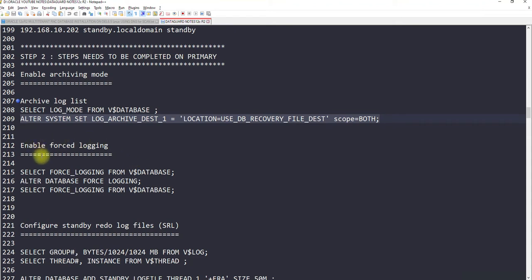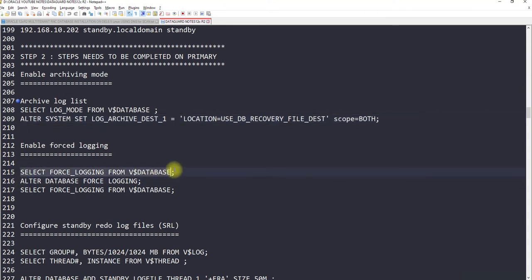We need to enable the force logging mode. Why force logging is needed, we already discussed. Force logging is needed when there are many operations in the database where nologging can be enabled, like create table or alter table, where you can state nologging, and the operations performed during the create table will not be logged. Developers usually use that to make sure performance is not impacted while creating the table. But in the Data Guard environment, because Data Guard relies on the logs generated from the activities, you cannot use the nologging method, and for that you need to enable force logging.